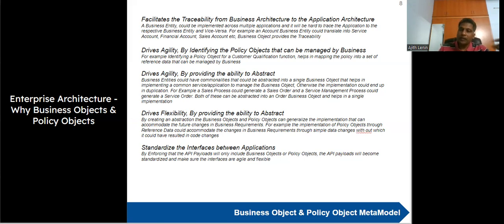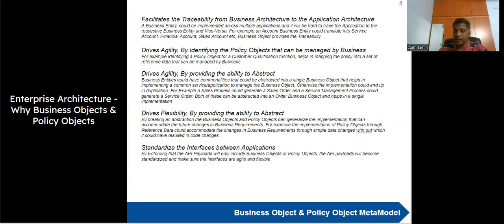The other aspect is the abstraction aspect. From the business object perspective, we should be able to abstract. So business entities, when we define business processes, there could be similar entities that could exist across business processes or across business functions that touch those business entities, right? If we implement process by process independently, we might end up duplicating the capabilities, right? Rather, if we bring in an abstraction of business object, for example, I have a sales order and a service order, right? If I am not looking at sales order as a separate implementation, service order as a separate implementation,